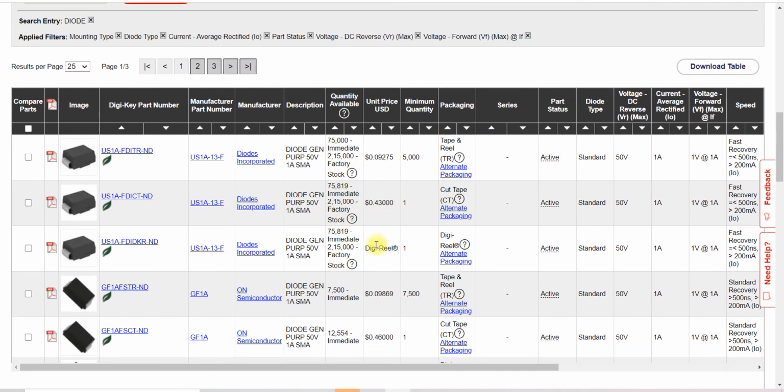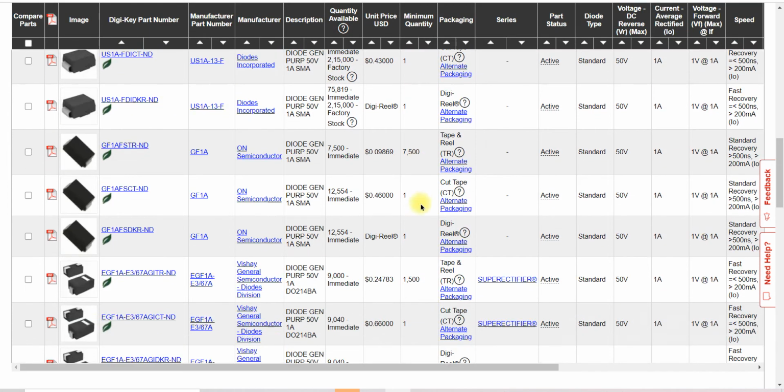These are the price, quantity available, and minimum quantity. They are saying that they will not supply you less than 5000, and another is saying that they can supply you one diode also.